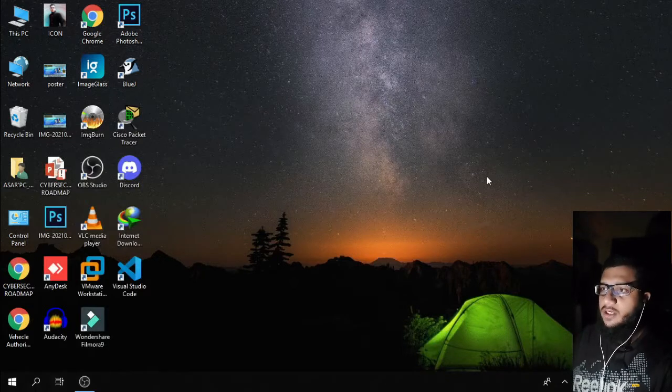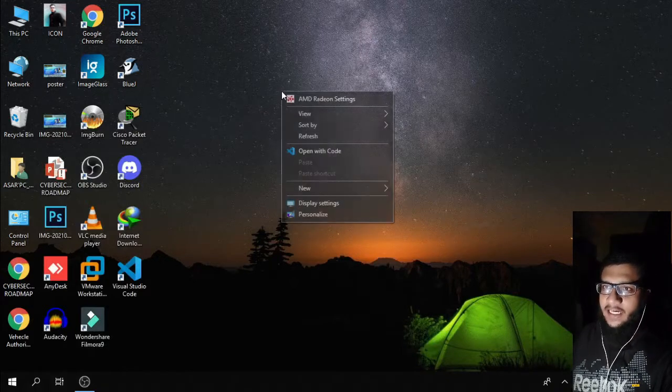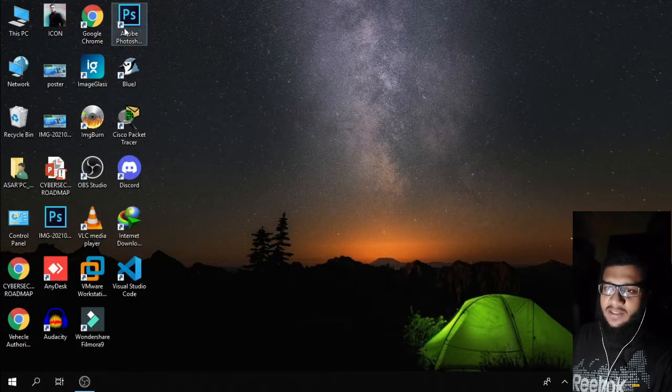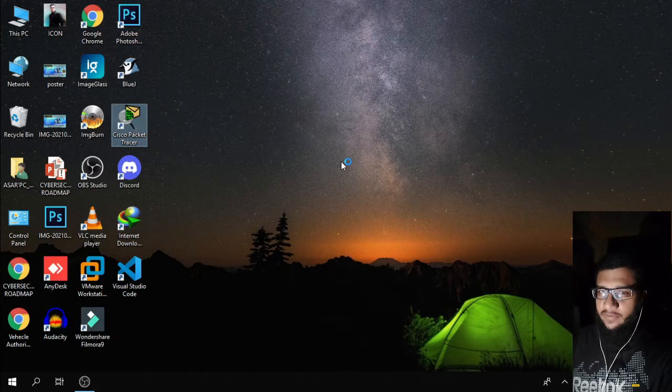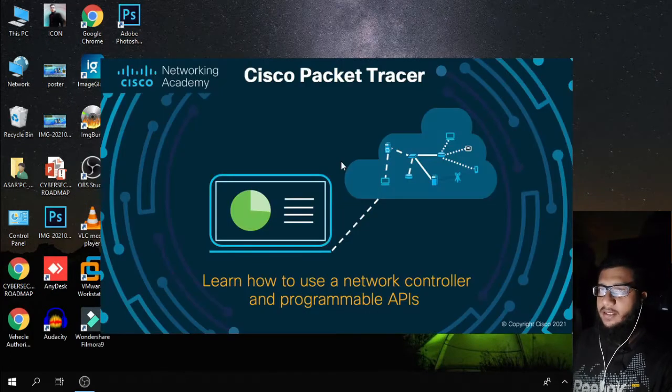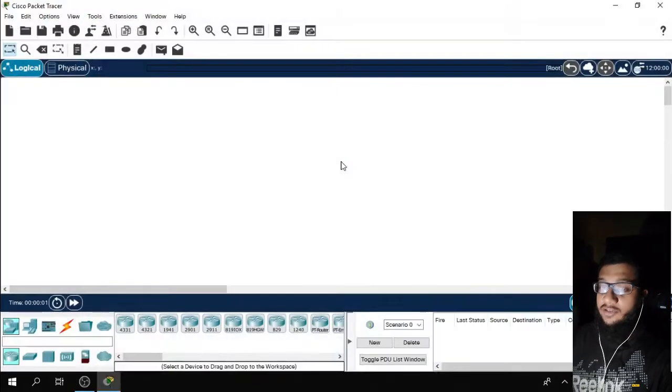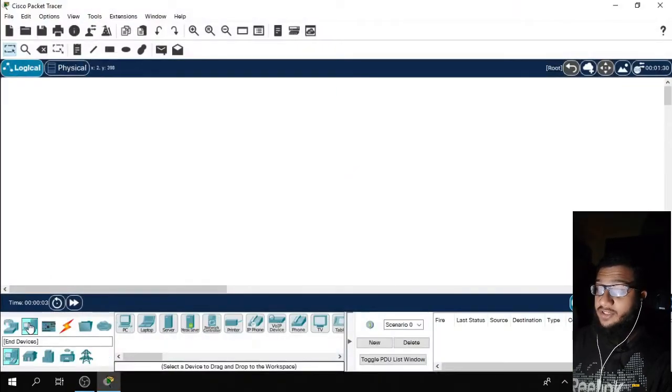First we will open Packet Tracer. I have Packet Tracer installed in my computer system and will do all of this in it, because you will be able to see how the computer system and networking work.